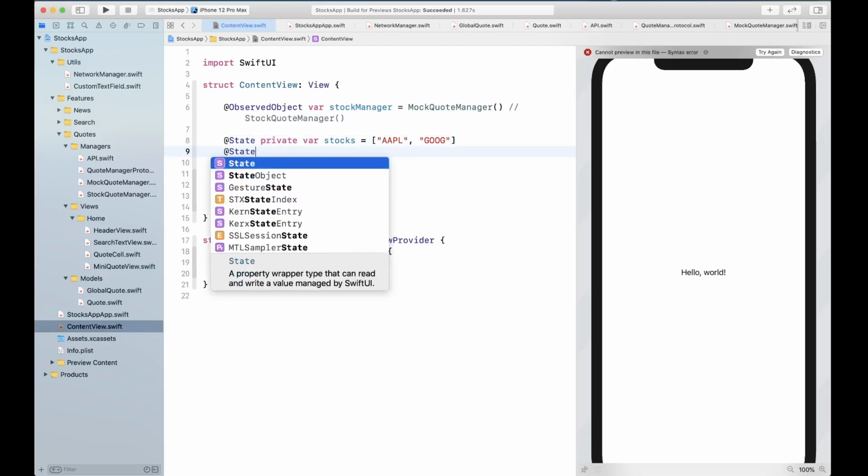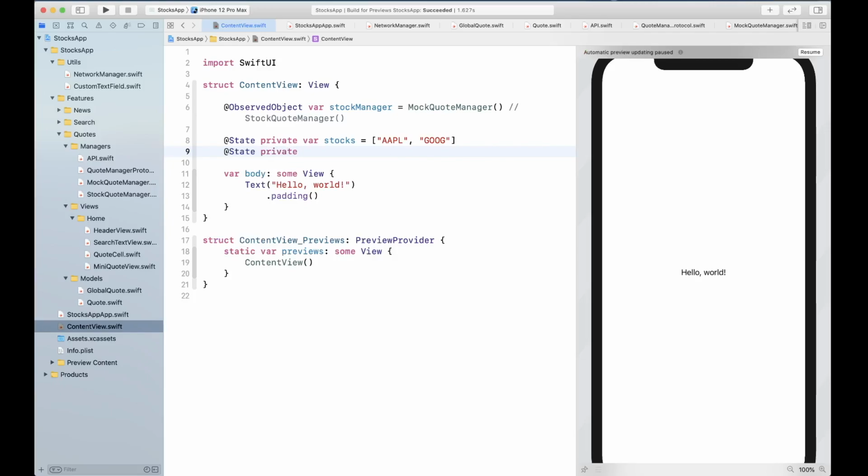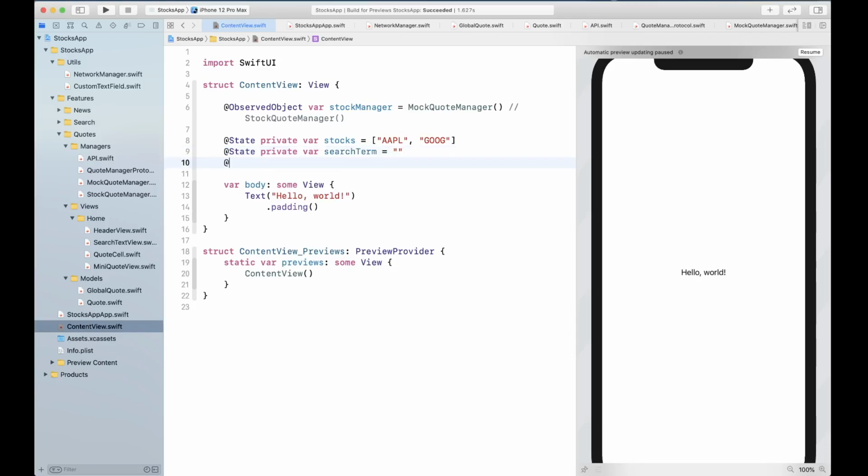We're going to need a state for search term, and we're going to need a state for news, for when the news is open or closed. So just a flag for that.